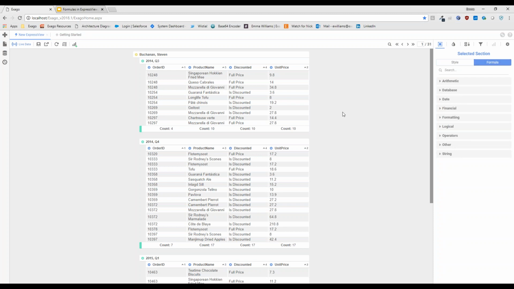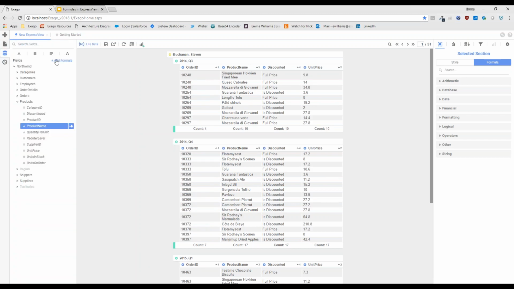Now the second half of gaining an understanding from the application of a discount or not to this product is actually going to have to do with displaying the adjusted price as opposed to the unit price. I want to know what people actually paid for this product, not what the price was before we applied a discount. That doesn't actually help me.